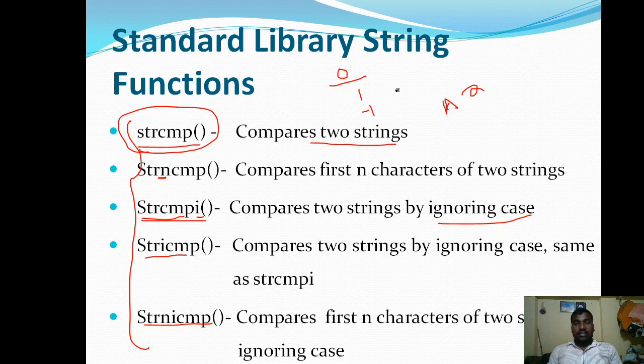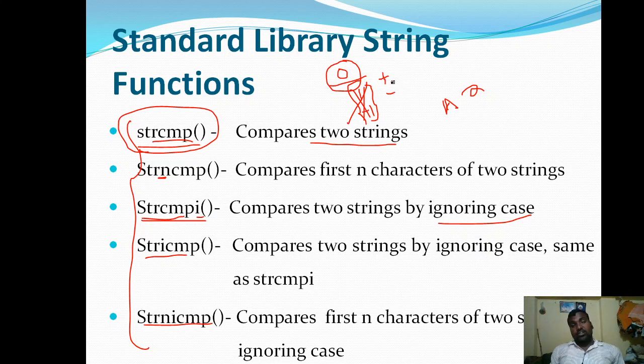So 1 means the first string is higher, and minus 1 means the second string is, sorry, this 1 and minus 1 is in some other case. So the value returned when the two strings are compared is 0 if both the strings are equal, otherwise some positive number or negative number.